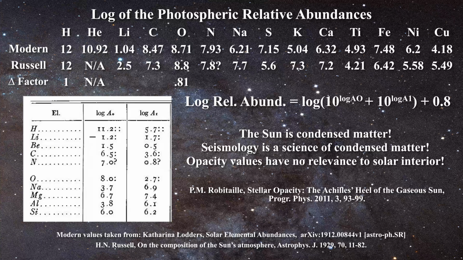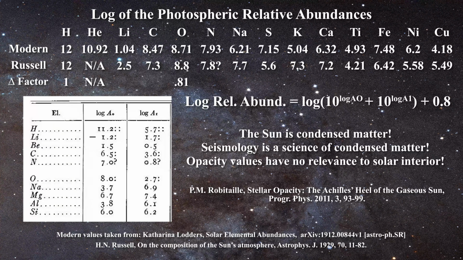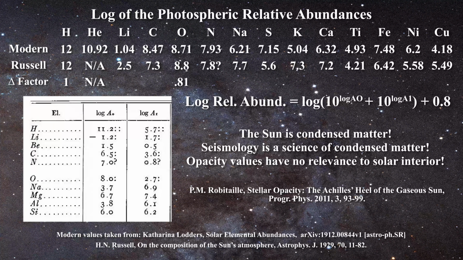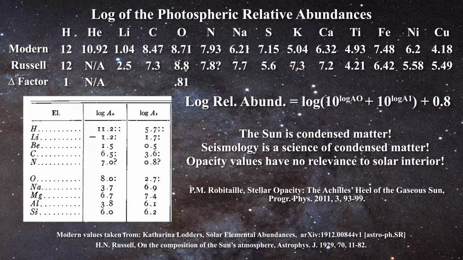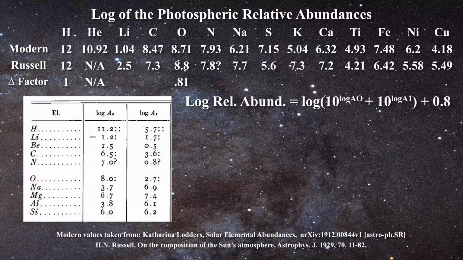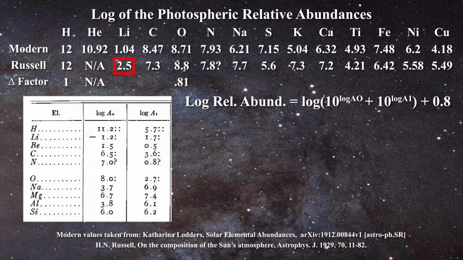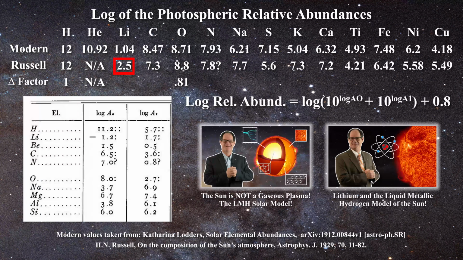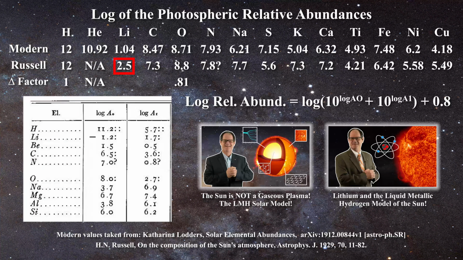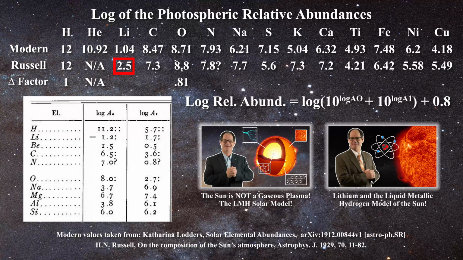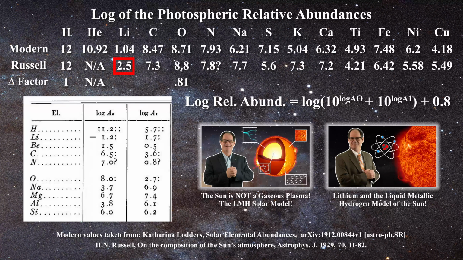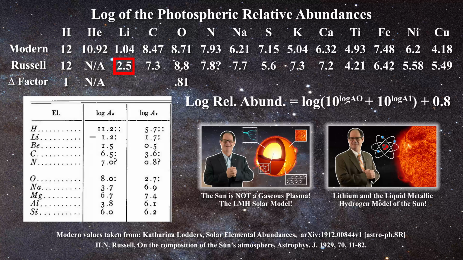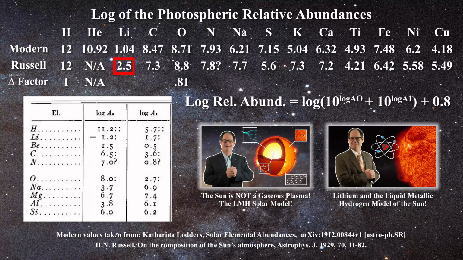Now that we have seen the effects that a small change in oxygen relative abundances can have on modern solar theory, have a look at how relative abundances have changed in the rest of our table. We begin with lithium. You recall in these two videos that lithium might help stabilize the lattice of a metallic hydrogen sun. As such, it would not be unexpected that the detection of lithium might be difficult in the Sun relative to its known concentration in the chondrites.